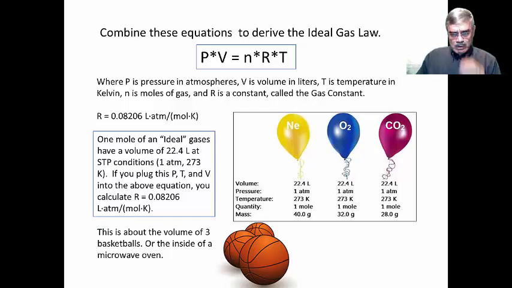The point is, you either have to know 22.4 liters as the volume occupied by 1 mole of a gas at 1 atmosphere pressure and 273 Kelvin, or you need to know the gas constant, 0.08206 liter atmospheres per mole per Kelvin. These are essentially the same information about gases, either the volume under those conditions or this gas constant. But it also tells us something interesting about the way gases behave, as we will see as we go through